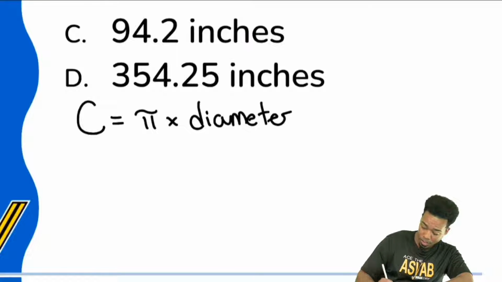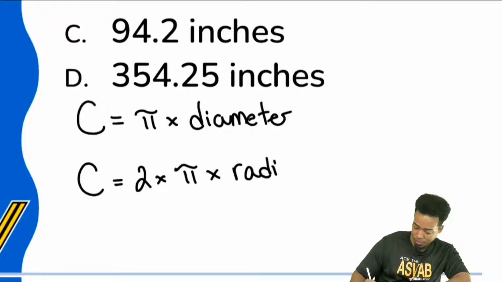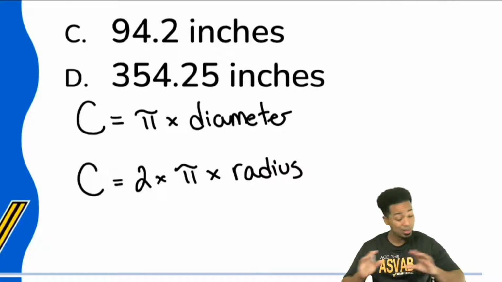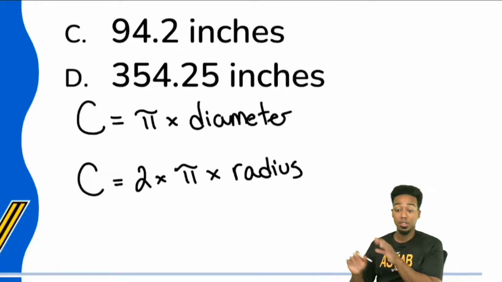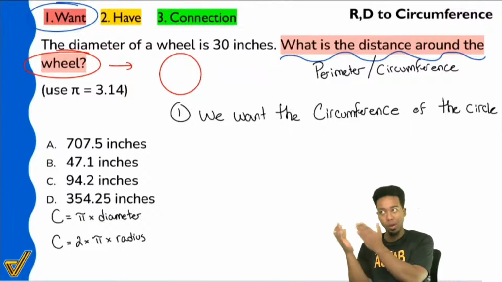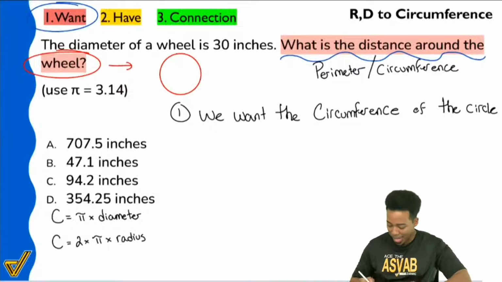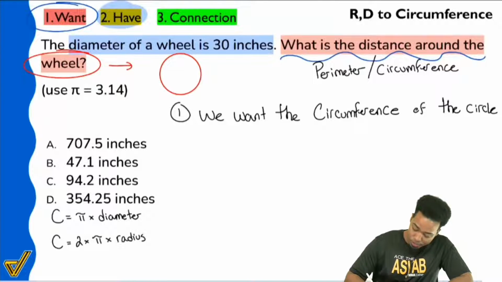And the other one is circumference equals 2 times pi times the radius. And again, remember, they're the same formula, same exact formula. The diameter is double the radius. So they're translations of each other. But when you look at the information now, once you go from the question, I want the circumference, to what information we have right here, we see that it tells you the diameter of a wheel is 30 inches. So because we're given the diameter,